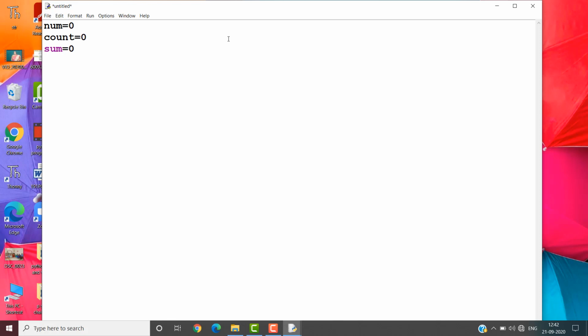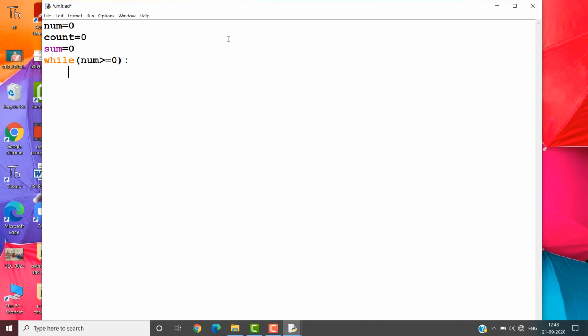What we are trying to do is enter any number. If you want to exit from the loop, we have to enter -1, or else we will enter the numbers. It will calculate the count of the numbers and print the cumulative sum of those numbers. Let us do this with a while loop. While num greater than 0, because your exiting condition is -1. If you want to exit from the loop, you have to give a negative value.